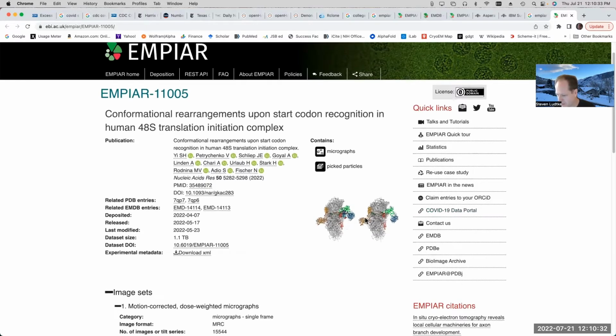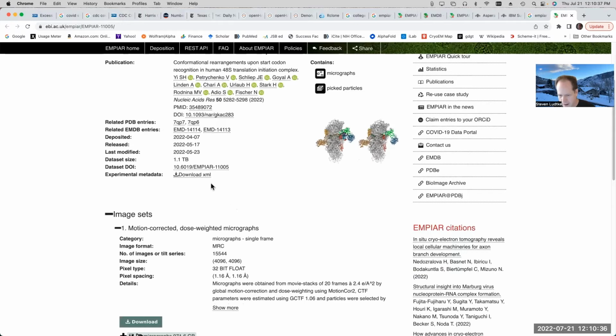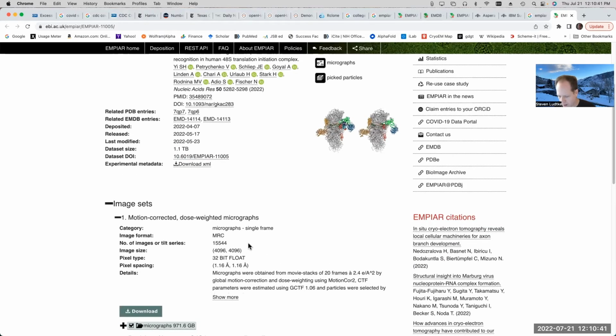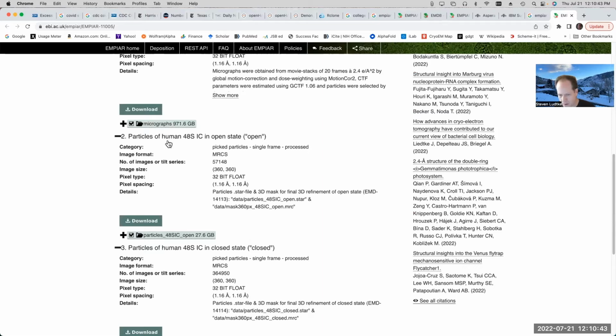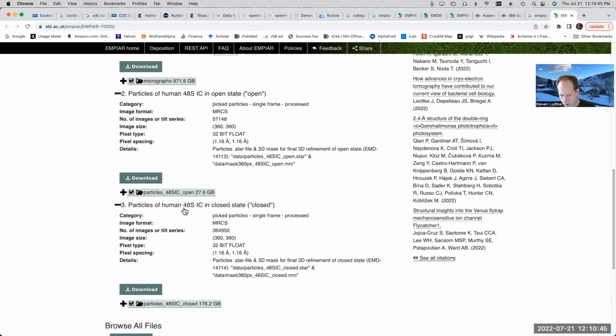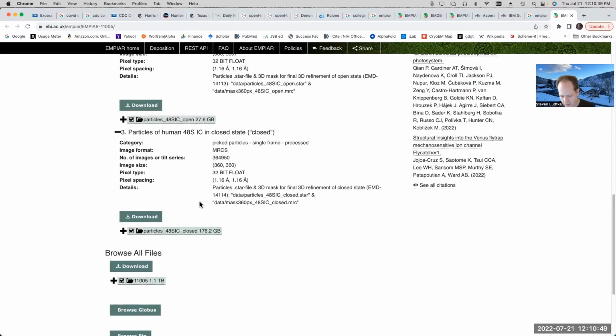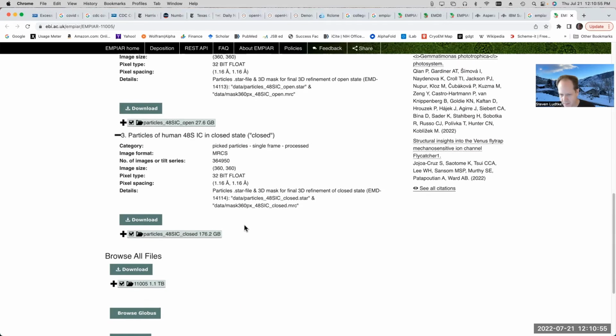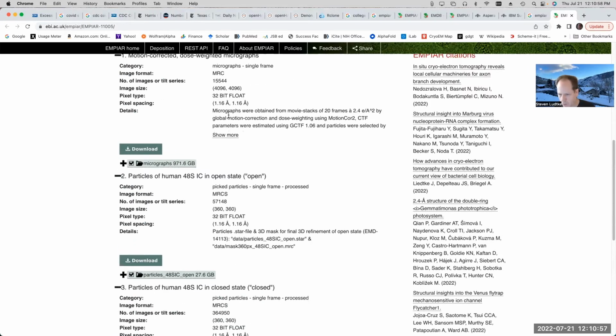I mean, we should at least be able to kind of resolve these two classes from it. But anyway, this is the data set I picked. Now, the overall data set is 1.1 terabytes, but that includes the raw micrographs. If you look at the size of the data from the particles, they're a lot smaller, right? So the small particle data set's 27 gigabytes, and the larger data set's 176 gigabytes. So still a good chunk of data, but not over a terabyte.